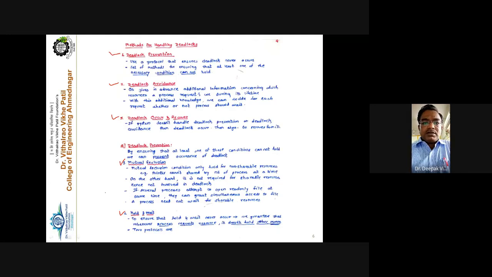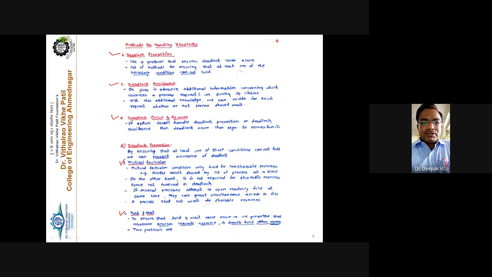But now we are discussing the deadlock prevention policies, the different policies and how to prevent mutual exclusion. Already we have discussed it. Mutual exclusion holds only for non-shareable resources. That means once a resource has been allocated to a particular process, that resource remains with that process till its complete execution.